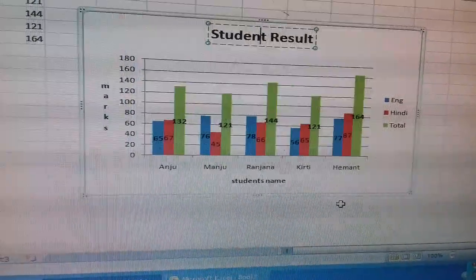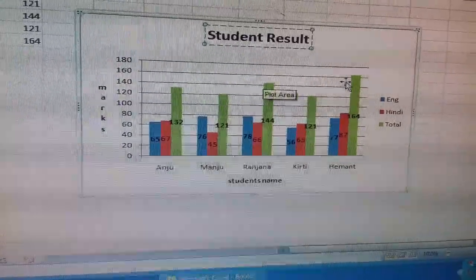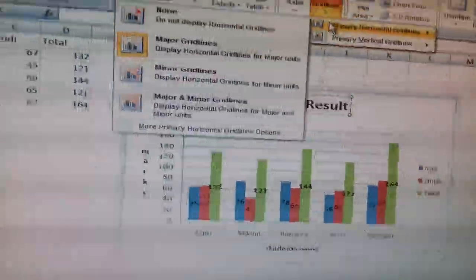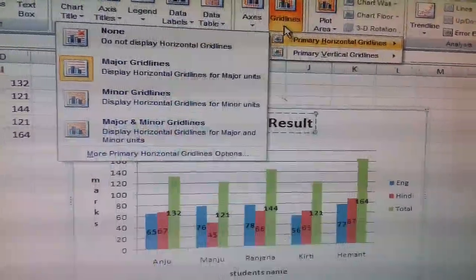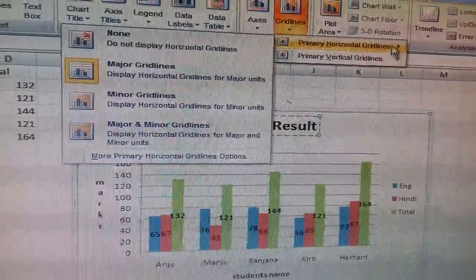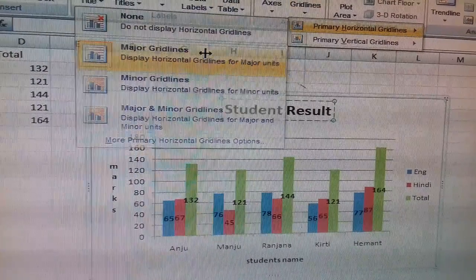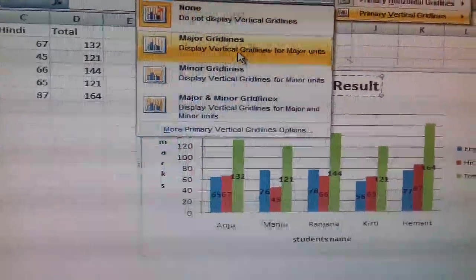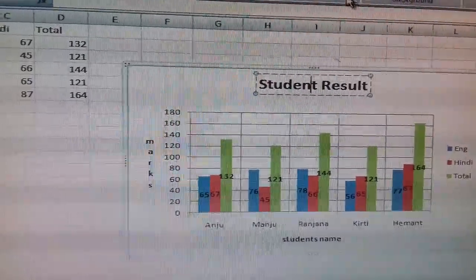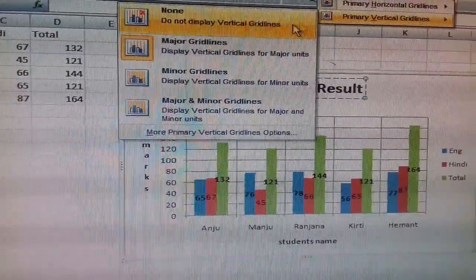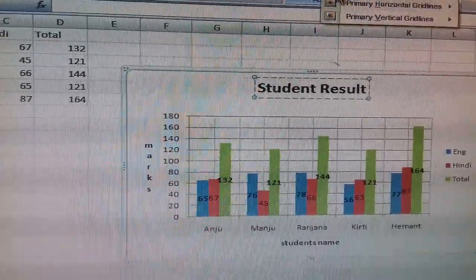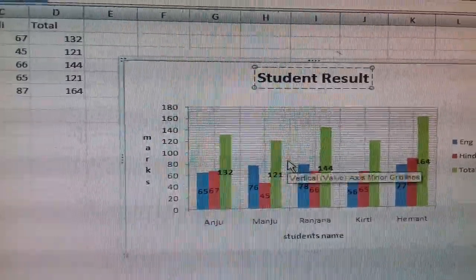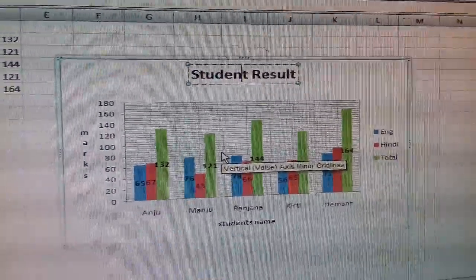Now children, see, can you see these horizontal lines? These are called grid lines. You can create a major or minor grid line by selecting a grid line option. So for the primary horizontal grid line, you can click a minor grid line. So the minor grid line will appear, and you can set horizontal minor grid line. So the minor grid line will appear here also. So in this way it looks like a chart paper or a graph paper.